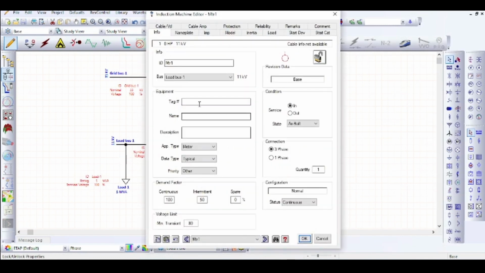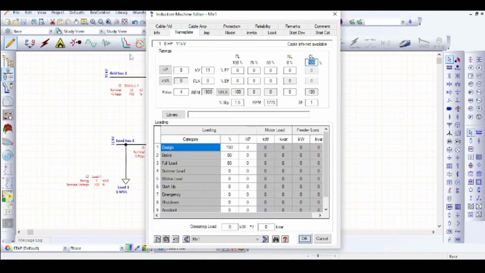About the induction motor, you have to give the motor ID, then the connection, then three phase or single phase. Next will be the motor page. In the motor, we have the power rating, which will be in HP. If you click the same HP, it will become kilowatt. So how many kilowatts is your motor? I am just entering